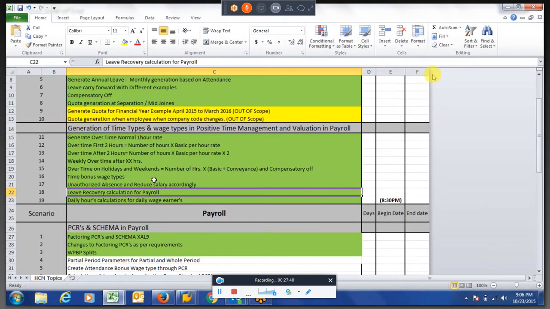Whenever you are paying advance leaves to the employee, annual leaves, say some 30 leaves in the initial stage of the year, and the employee utilized all the leaves and left the company, we worked everything in time evaluation, how we are going to capture that.